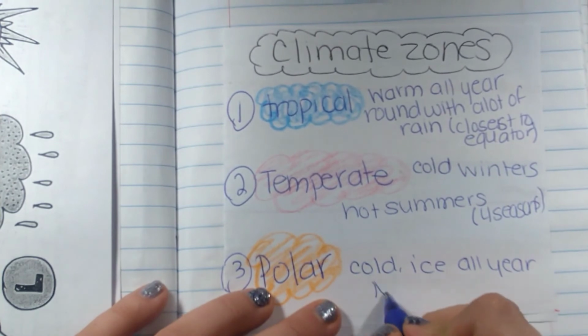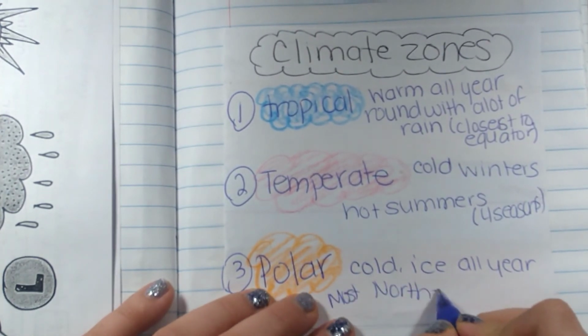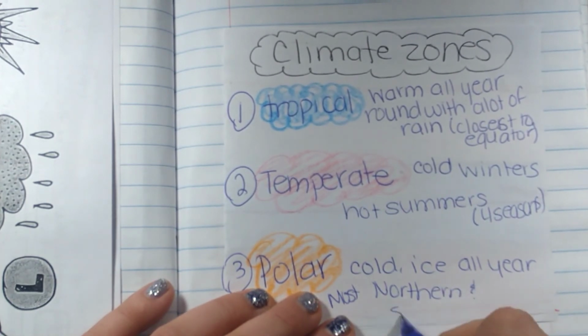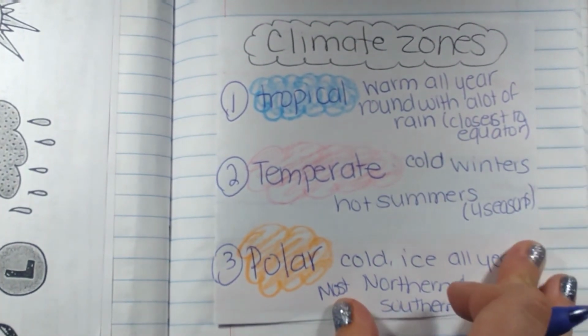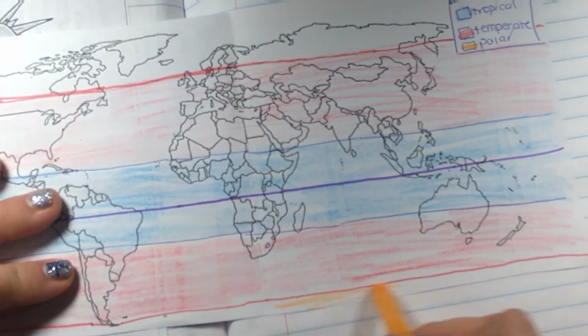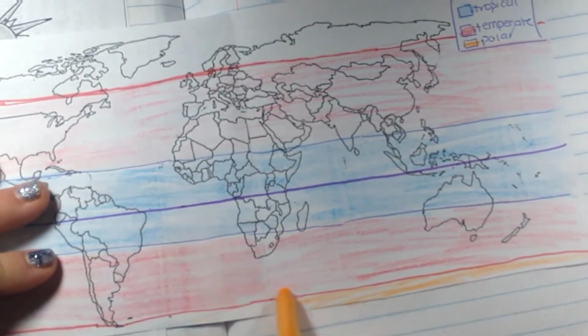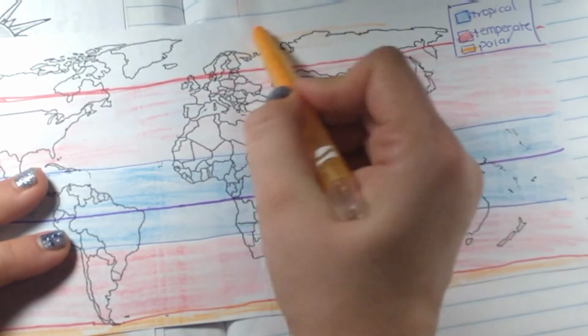And it's the most northern and southern parts of the world. Okay. So we're going to take that. This down here is Antarctica. And then this up here is